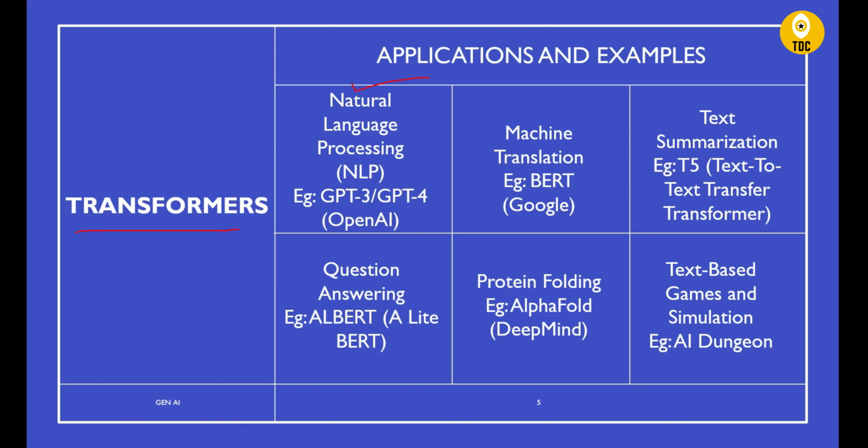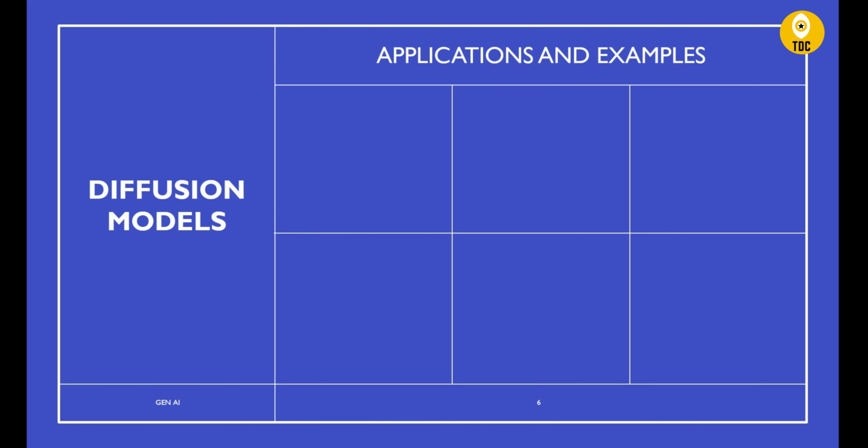And now we have a diffusion model. So what exactly is a diffusion model, and what are the tools and techniques, or the applications that are being created using diffusion models? That we will see. Diffusion models are a class, or a type, of generative AI model that iteratively add and remove noise to create new sample data. There are a couple of examples that we will see.